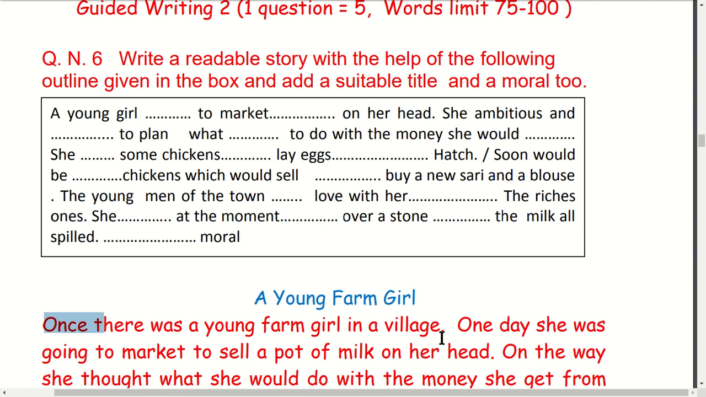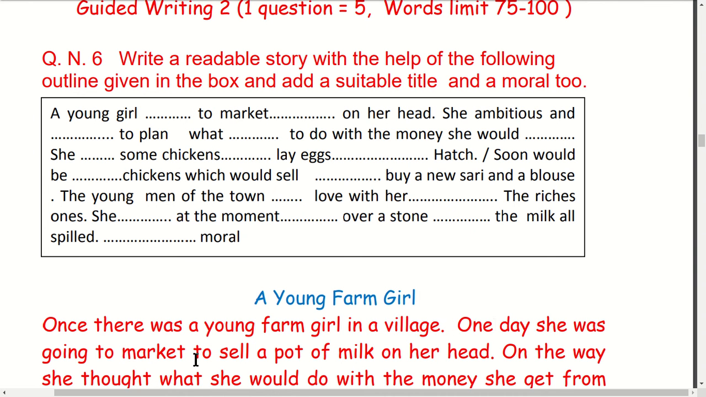Village may not be in the outline here. Just to make the story readable, you should add some extra information there. You should add some words or sentences, some information related to the story there. Young farm girl in a village. Yes. One day,